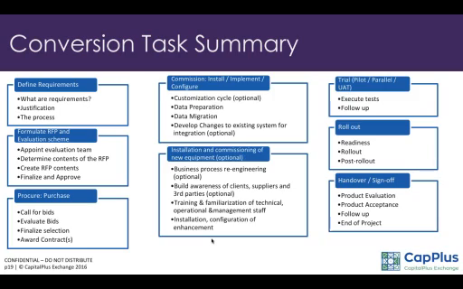Now, what you need to understand is that you lose a lot of data by not picking it up from the application itself. So these are some of the examples where you can go into very, very great detail. But this is, I would say, an overview of the task in a conversion project.